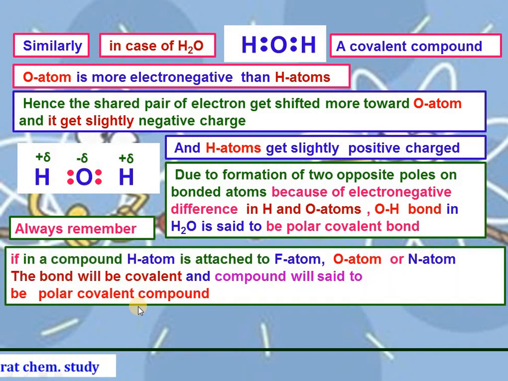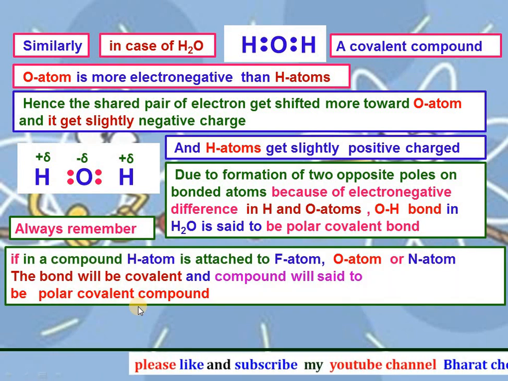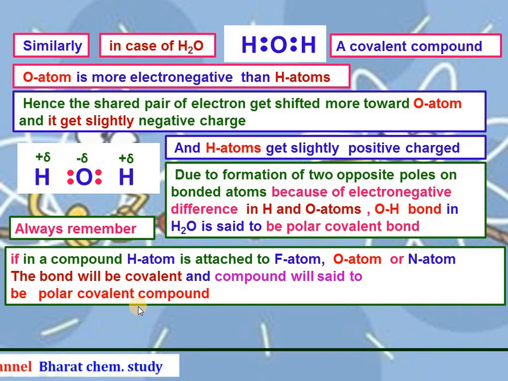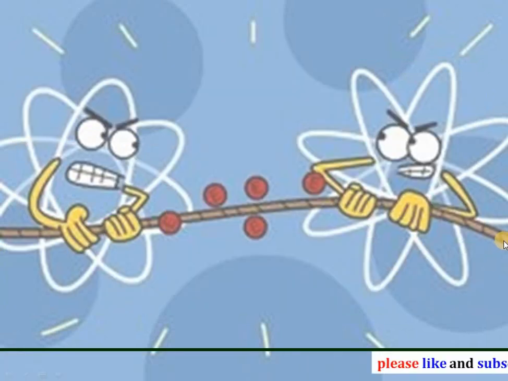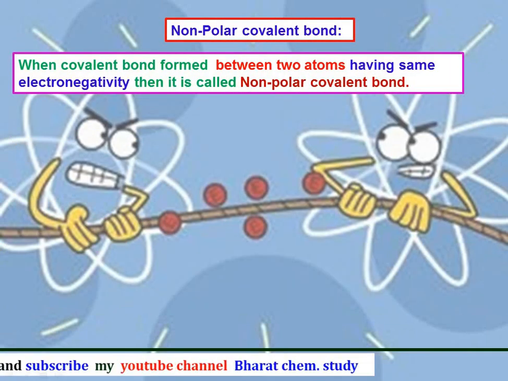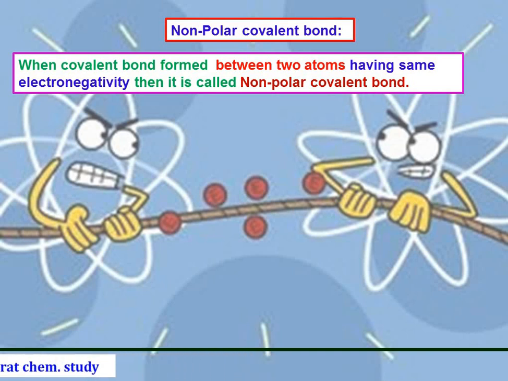Always remember, if in a compound a hydrogen atom is attached to a fluorine atom, oxygen atom or nitrogen atom, the bond will be a polar covalent bond and the compound is said to be a polar covalent compound. Now, non-polar covalent bond means when a covalent bond is formed between two atoms having the same electronegativity, then it is called